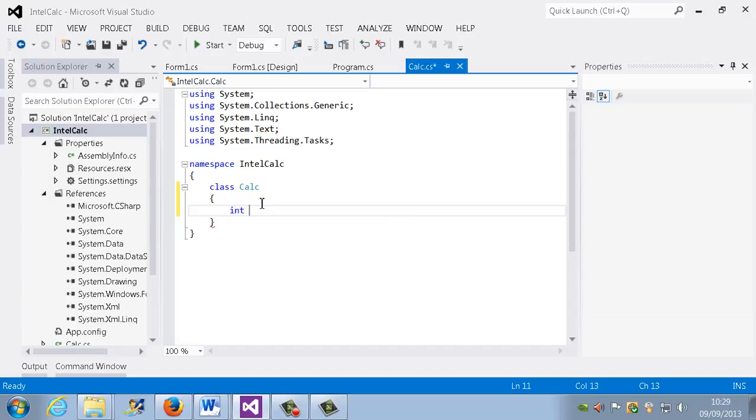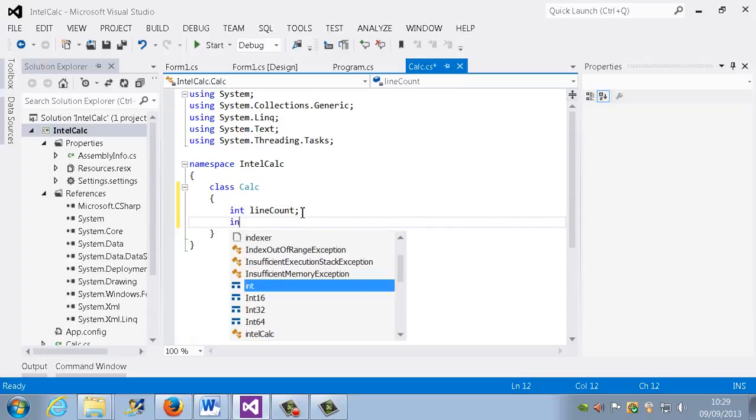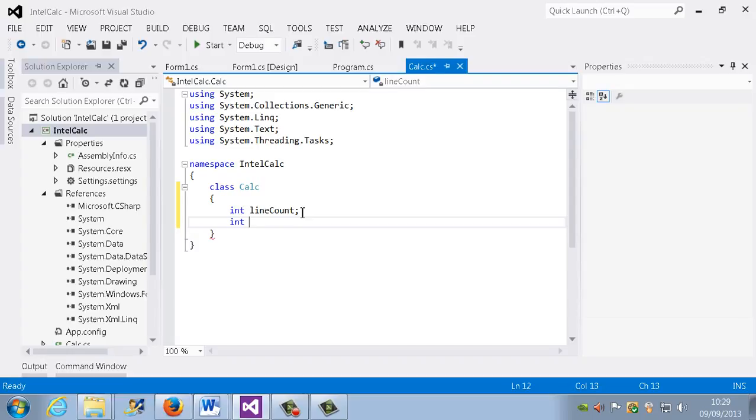So that first variable I'm going to create, I'm going to call it line count, and the whole objective of that is to keep a record of the number of lines that we have in the file, and that will change obviously as the file grows or we add a different file. We always keep a count of the number of lines in the file, and we might want to keep a count of number of words, so we can actually get an idea of the size of the file in words, right? So we've got those two out of the way, and these ints are actually a primitive data type,